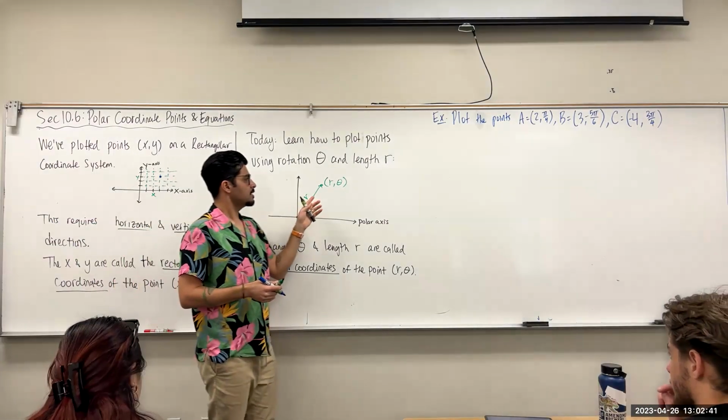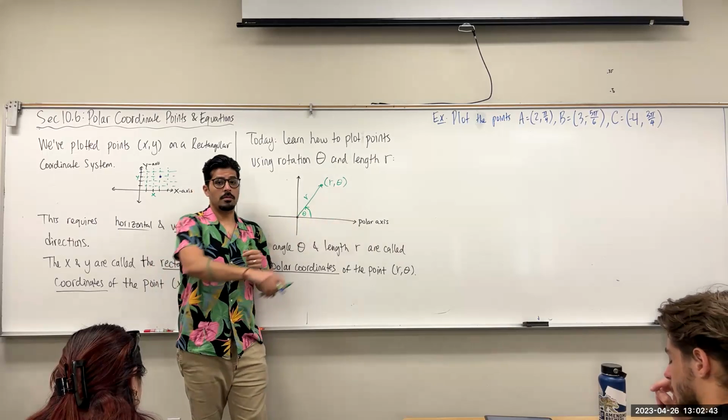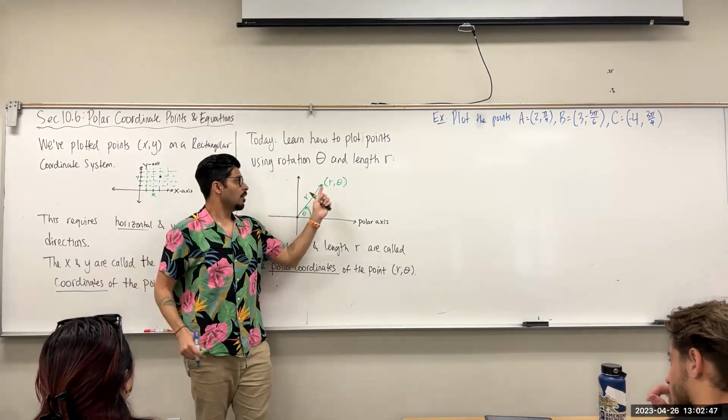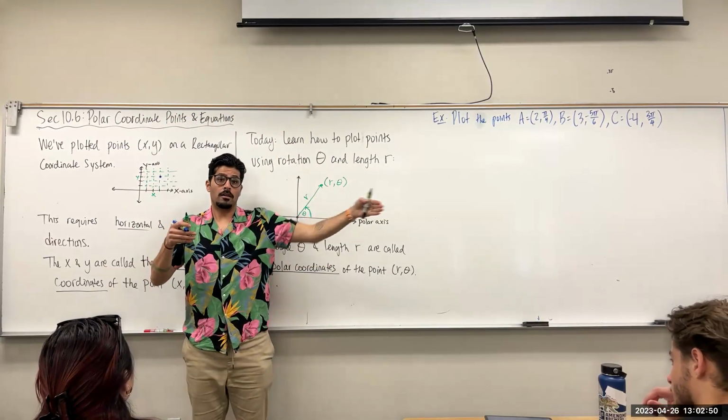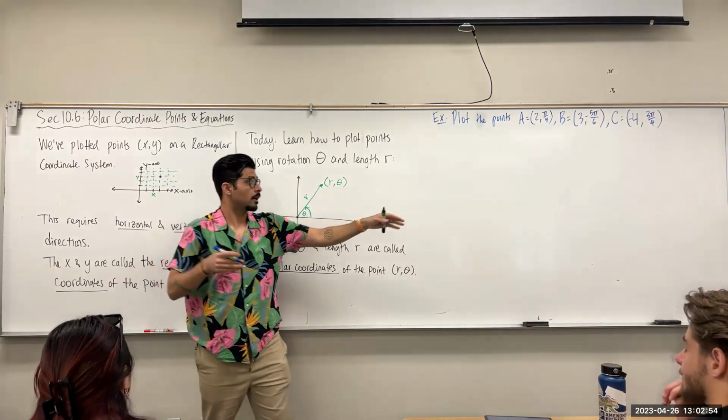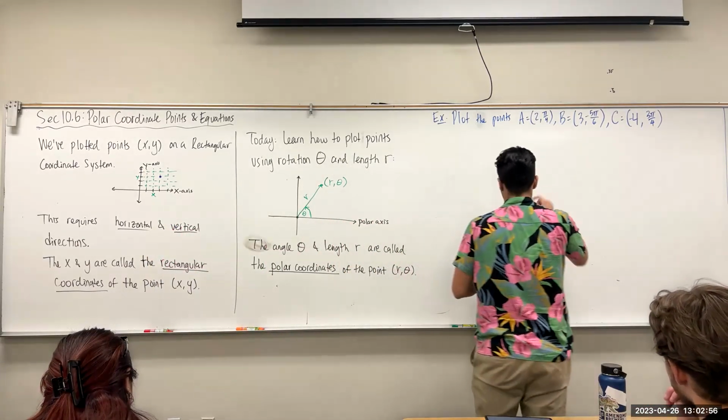So the way we're going to do this, theta talks about rotation. So think of a circle, right? And R talks about how far off that circle you are. So think of the radius of this. Okay. So if I want to start plotting a polar point,